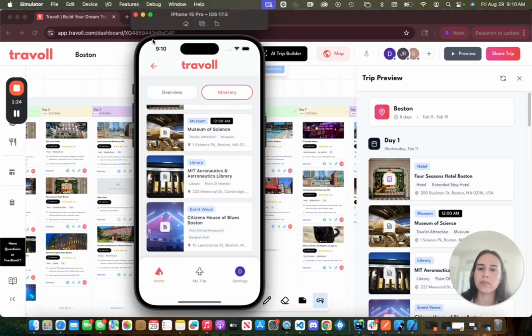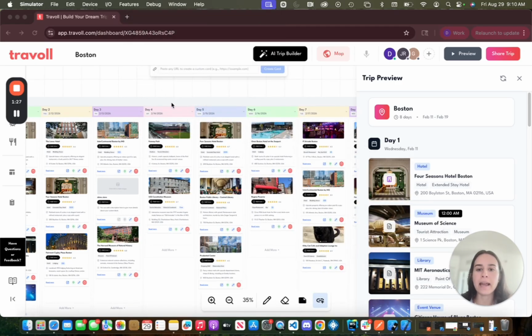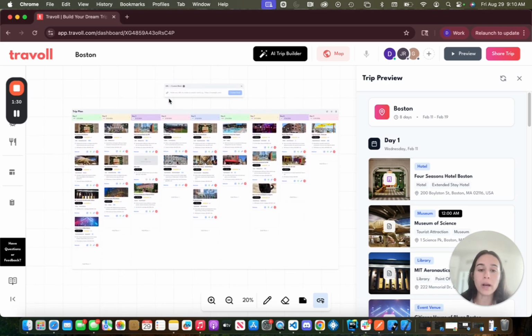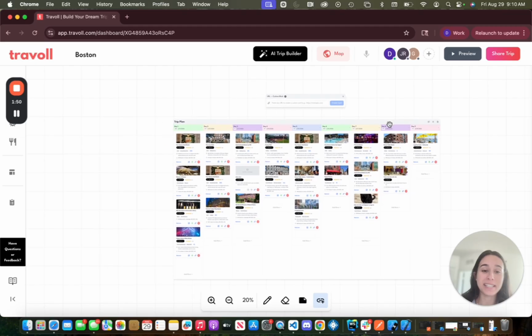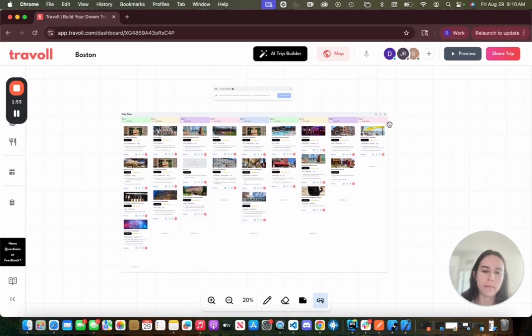And the whole thing too is, since this is a new platform, it requires learning how the tools work and how to optimize. It's going to be like any software that you learn, for example Figma or any of the Adobe products, where you have to learn how it works for you and learn your workflow. And after that, it gets really exciting, and I'm going to start making more tutorials and posting them on YouTube, TikTok, Instagram, and all the different social media platforms, and show you tips and tricks on how to make your Travoll trip amazing.